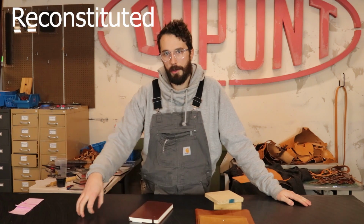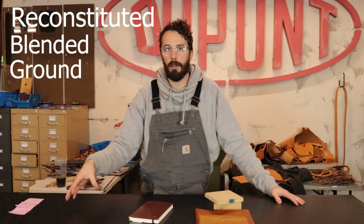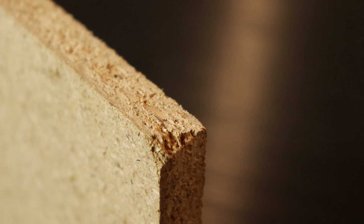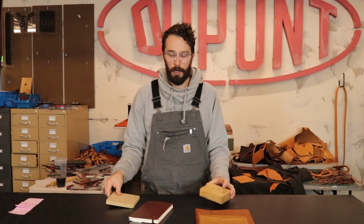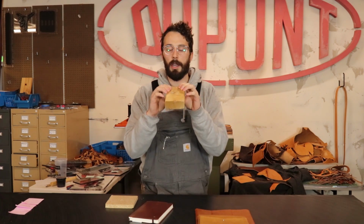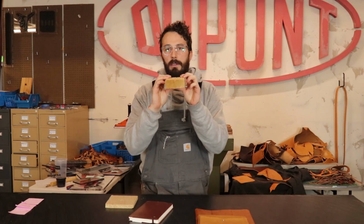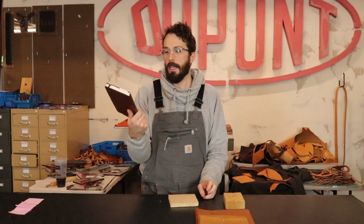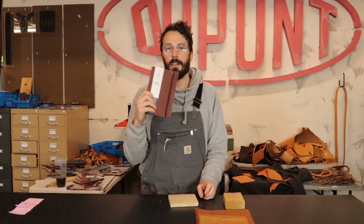So bonded leather goes by a few different names. The most popular one I see is bonded leather, but it's also called reconstituted leather, blended leather, ground leather. Essentially, it's kind of like the particle board of the leather world. Whereas most leather products that you see, even the genuine leather products, are more like a 2x4 where it's a solid piece of wood. But bonded leather is a lot more like particle board, where it's all the shavings and all the sanded particles left over from general leather production that get reconstituted with a bunch of glues and vinyls and